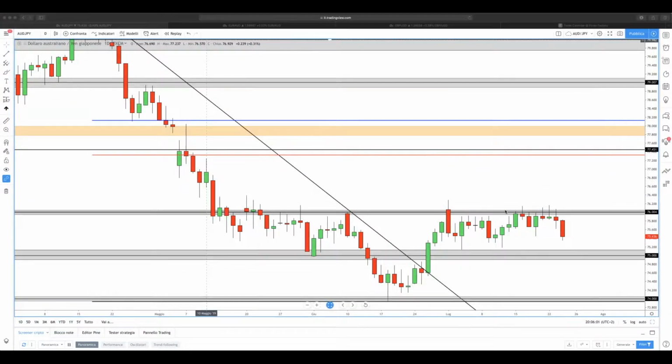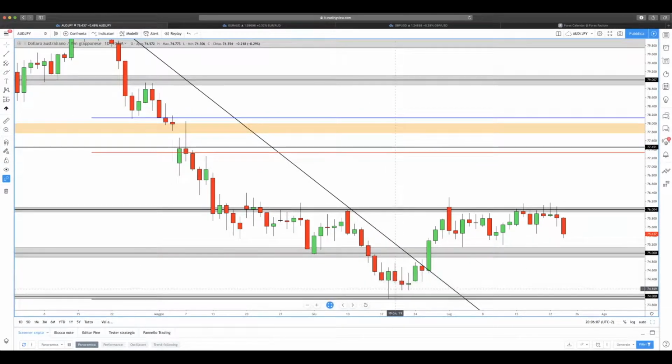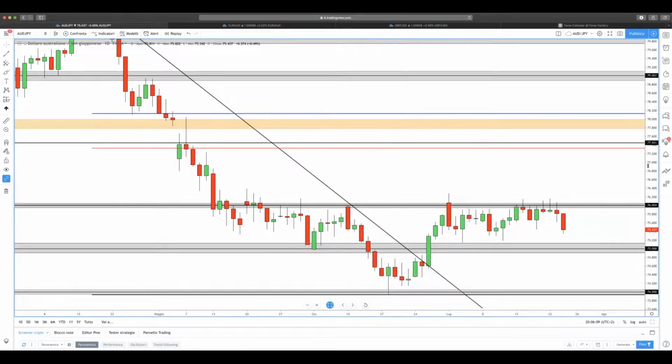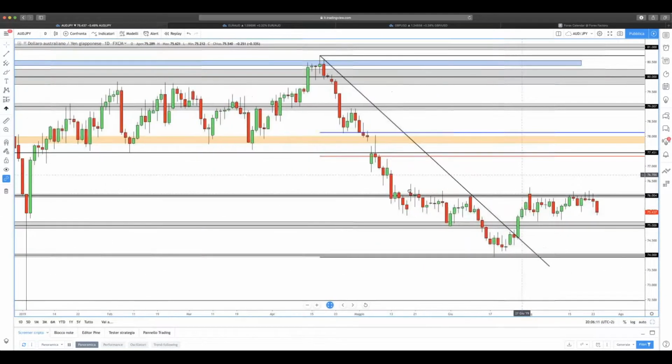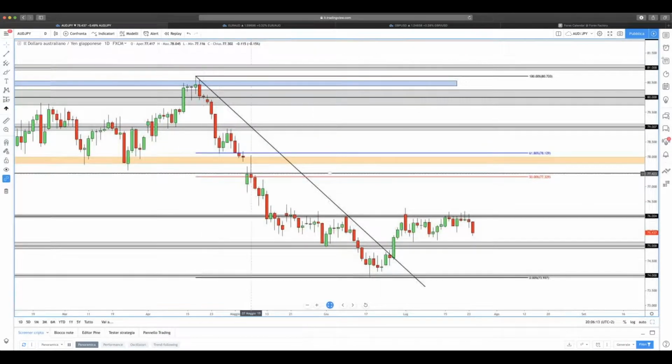We can see here that the price has formed a clear strong bullish candle, and after this strong bearish movement I expect a correction around this area where we have these two Fibonacci levels around this key level for this pair, 77.50 here. Going on the 4-hour time frame,